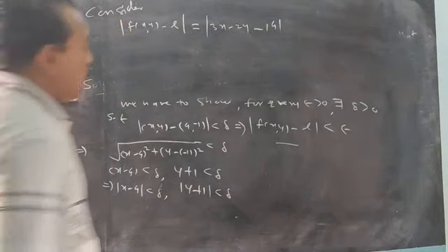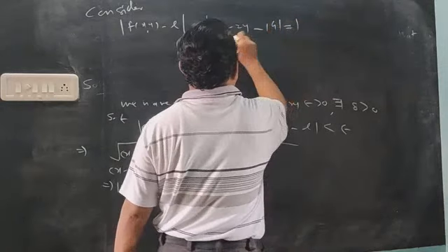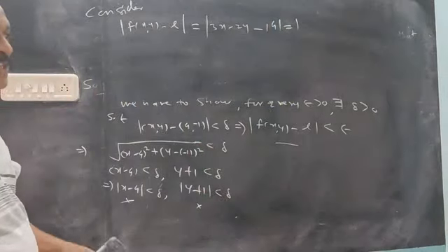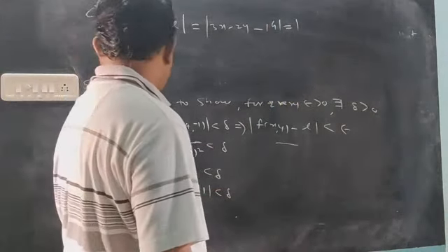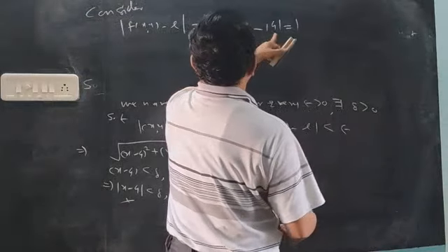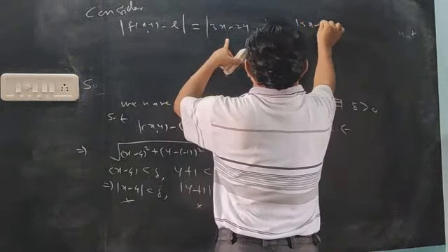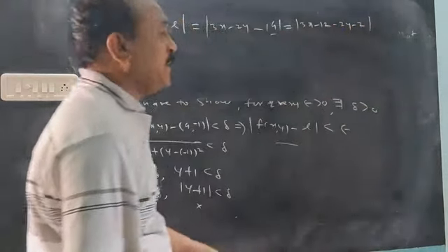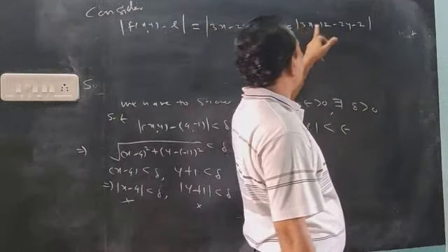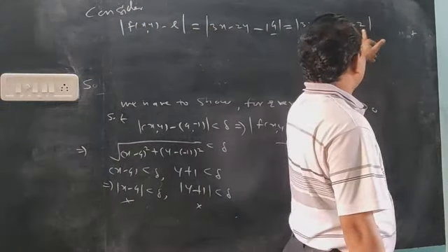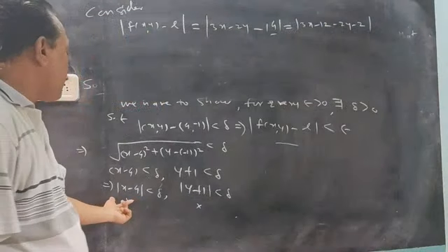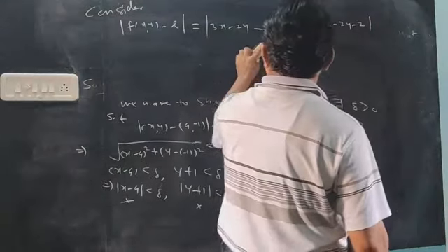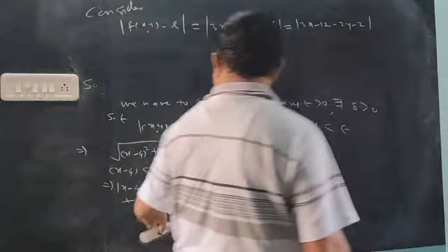3x minus 2y minus 14. Now I want factors, because one of the factors must be x minus 4 and the other factor must be y plus 1, because this is given to you. So try to make the factor x minus 4: 3x minus 12 and 2y minus 2. So break 14 in such a way that I get x minus 4, 3 common, and y plus 1, minus 2 common. So this break the constant always in such a way that we get these factors.